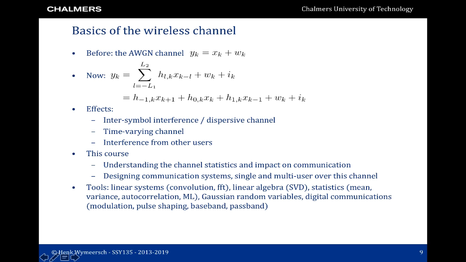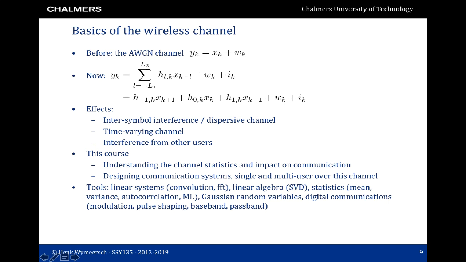We now look into some of the mathematics of the wireless channel. Before we do that, we recap the additive white Gaussian noise channel. In this first equation, x_k is a transmitted constellation point, w_k is noise, and y_k is the observation. In the wireless channel, things change a little bit. So y_k is still the observation, x_k is a transmitted constellation point, w_k is noise, but now we have also